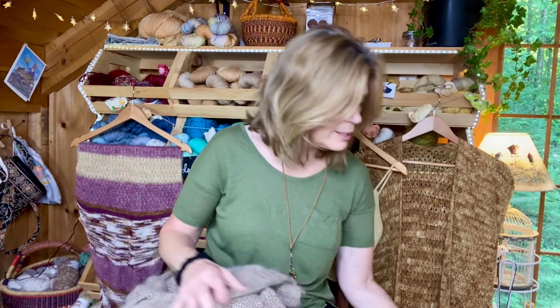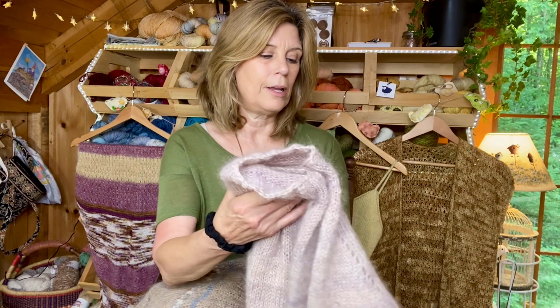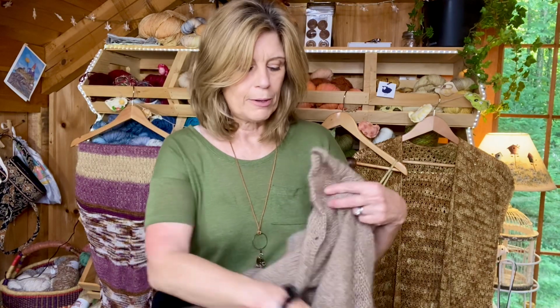Now the second one has a much longer story. I will be writing a pattern up for this particular version, but I thought, there are so many people that are not into steeking, and they're not ready to steek. They may never want to steek. It's just out of their comfort zone. Although, now that I've done one, it's not scary at all, and I plan to do more. As long as you have a toothy wool, those stitches are not going anywhere. So I have a couple others that I plan to tear into. But anyway, I thought, I better come up with something